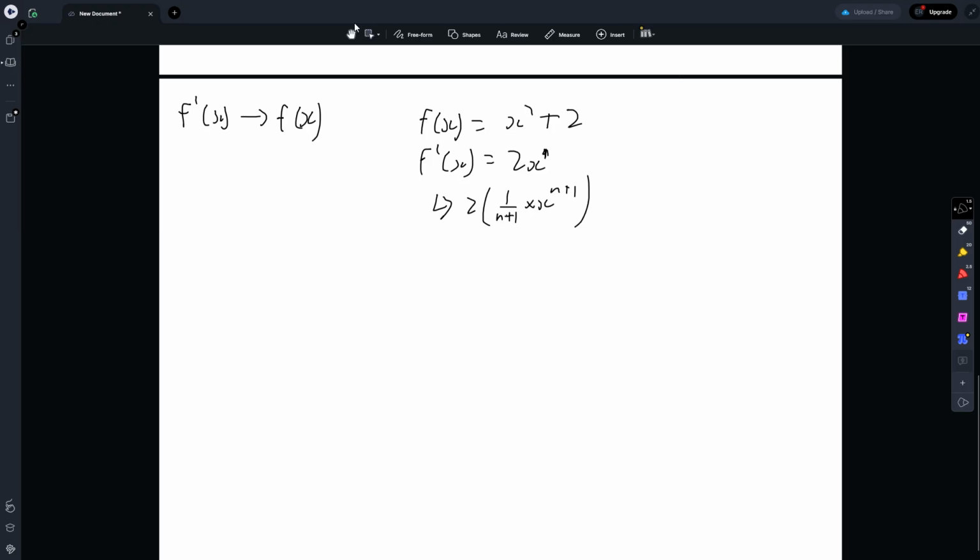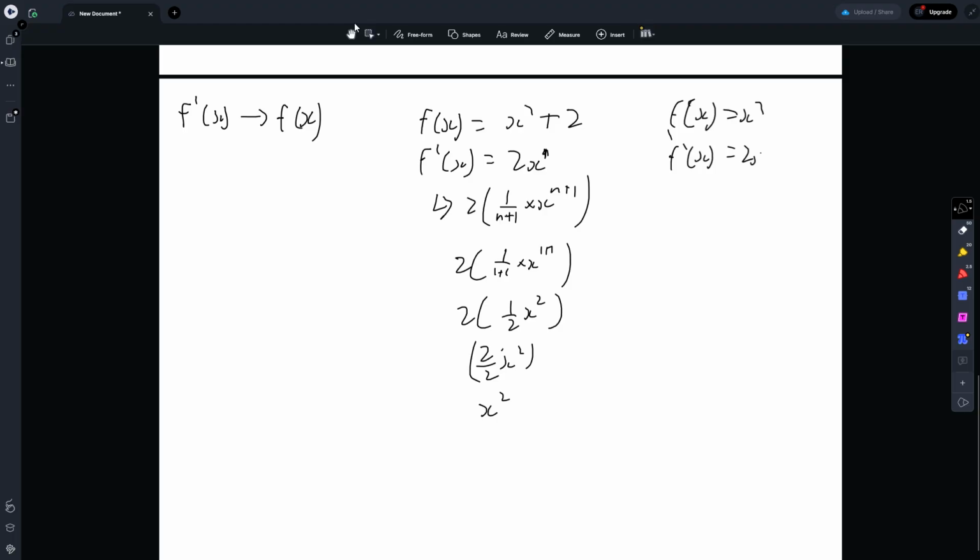In this case, n is 1. So it becomes 2 times 1 on 1 plus 1 times x to the power of 1 plus 1. 2 times 1 on 2 x to the power of 2, which is 2 on 2 x squared, which finally equals just x squared. And that's what we got before, right? f of x equals x squared, f dash of x equals 2x, and then if we anti-diff it, we get the same thing. But we need to remember to add on an extra plus c at the very end,